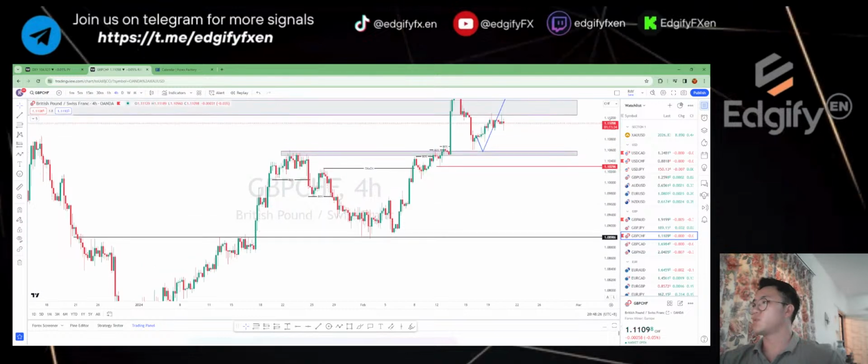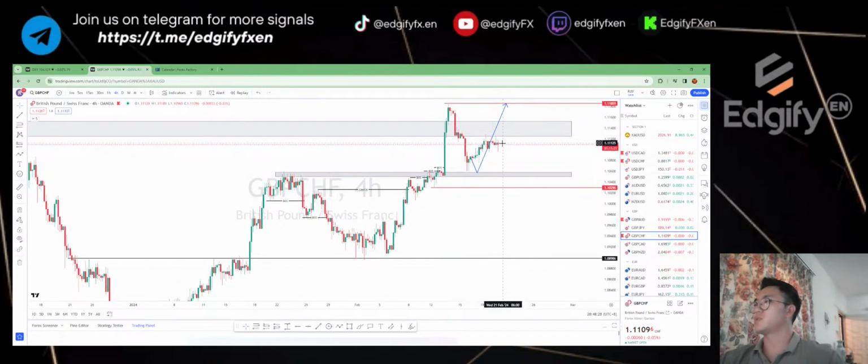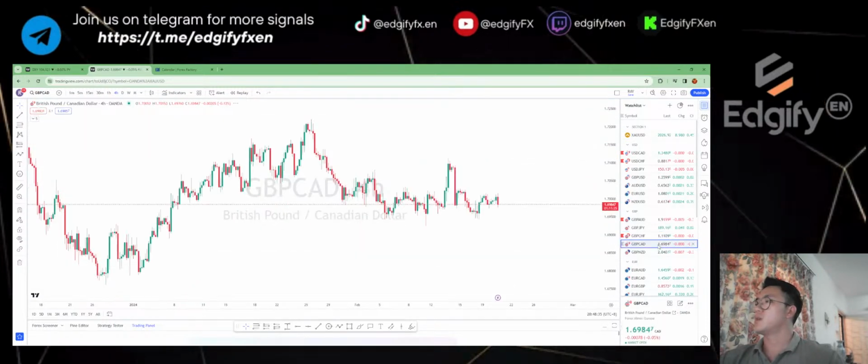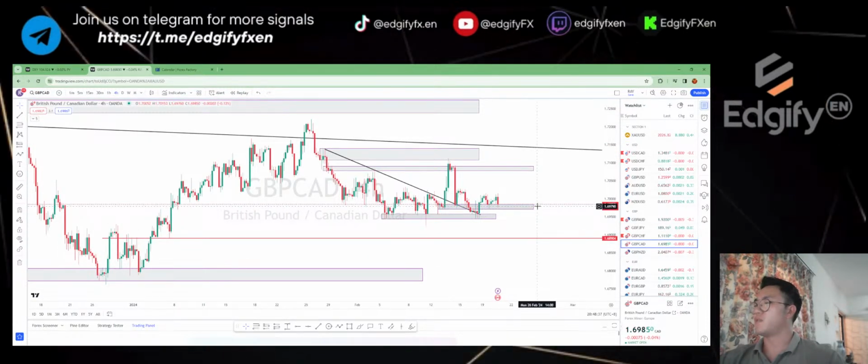GBP CHF is the same as well. I don't have any possible entries. What I'm waiting for is the price to come back to this level and the support, then I will look for buys above. Okay, GBP CAD is at this level, but it's going to be risky if we hop in